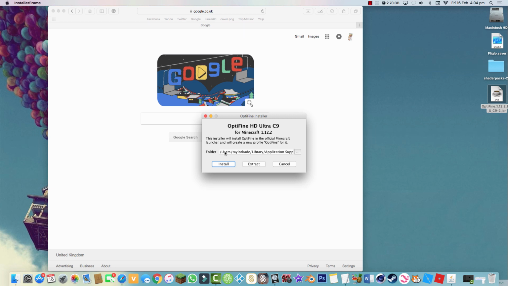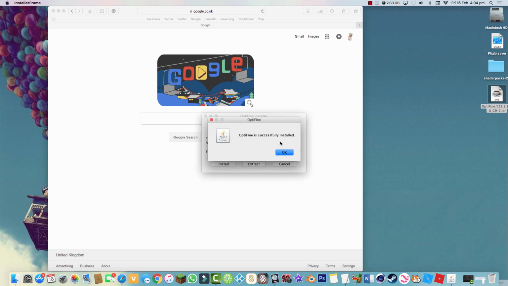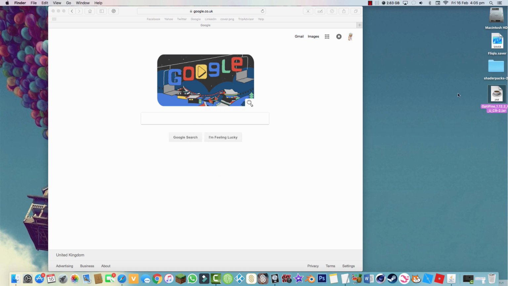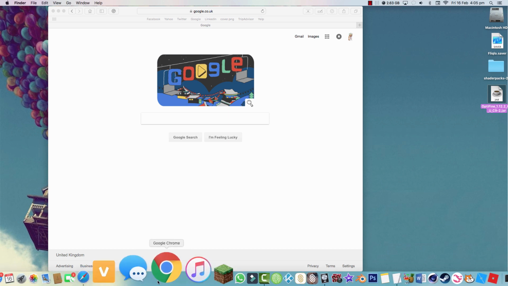Now close this. Now it's going to show where it's going to be, so just click install. And now Optifine was successfully installed. Just click OK and leave that. So now if you were to open up Minecraft,